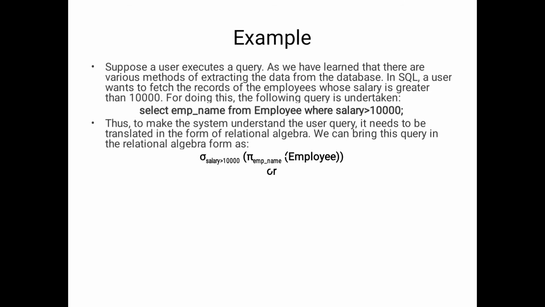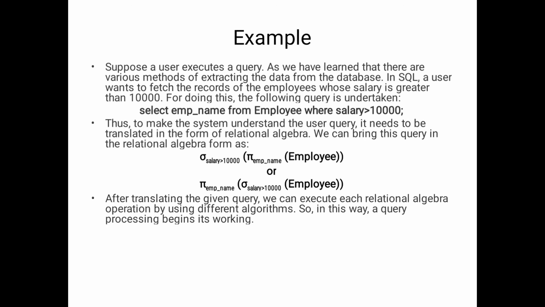So here please observe the relational algebra operation for salary greater than 10,000. We will select the employee name from the employee table where the condition is salary greater than 10,000. That's why we represent the condition with sigma. Here what information do we want? Employee name information. That's why with the help of pi we represent pi employee_name. This is also written as pi employee_name of sigma salary greater than 10,000 on the employee table.